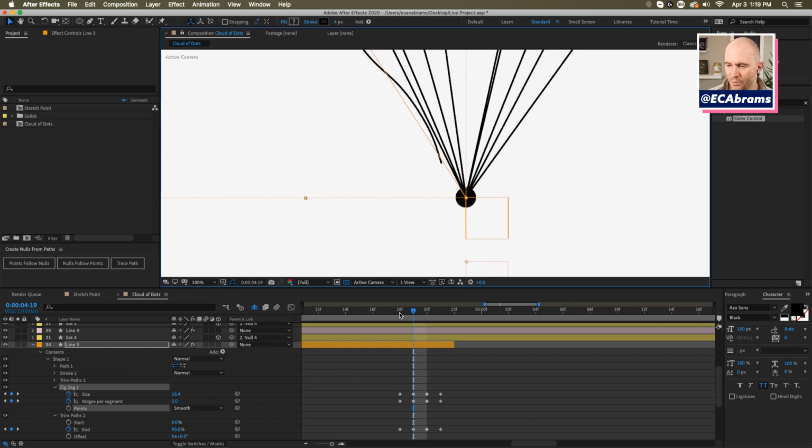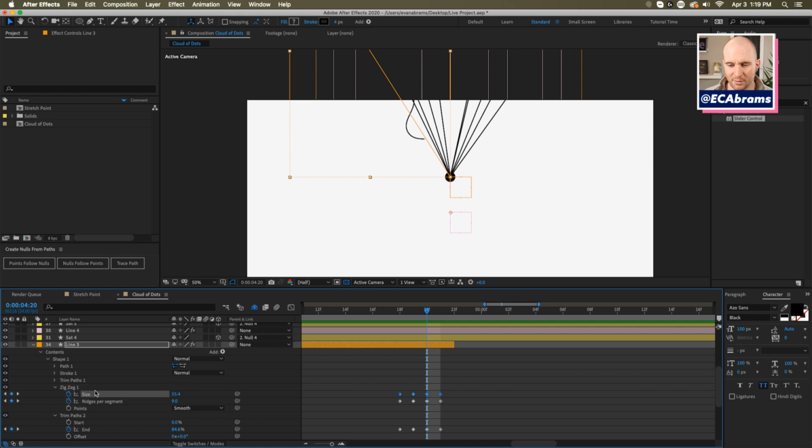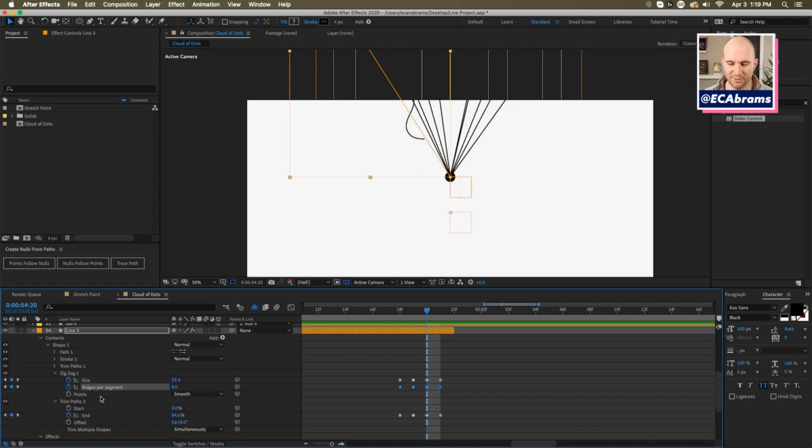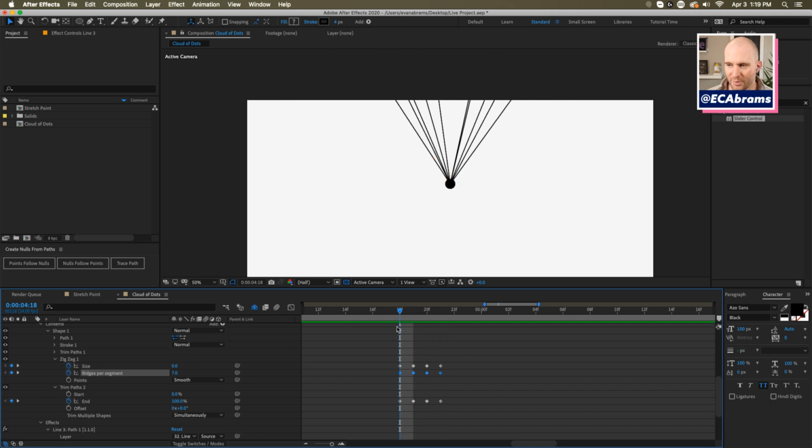And I just went through and like, well, that thing is only going to happen for like 4 frames, right? So I just set a keyframe and manually chose what I wanted to make this more or less extreme over those frames, adjusting the size of the zigzag and the number of ridges to make it more dramatic, less dramatic as we go. That's pretty much it. So each one of these is just doing that for a little bit at the end of its life and twanging away.